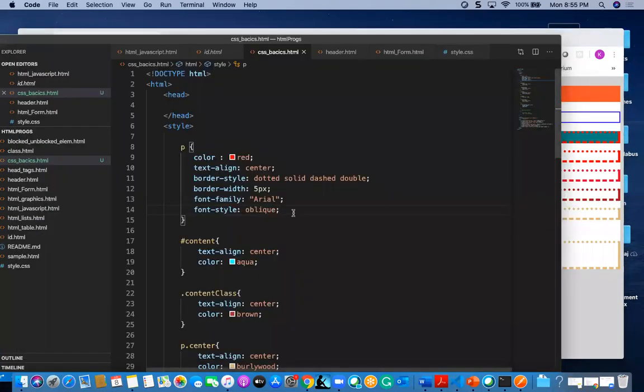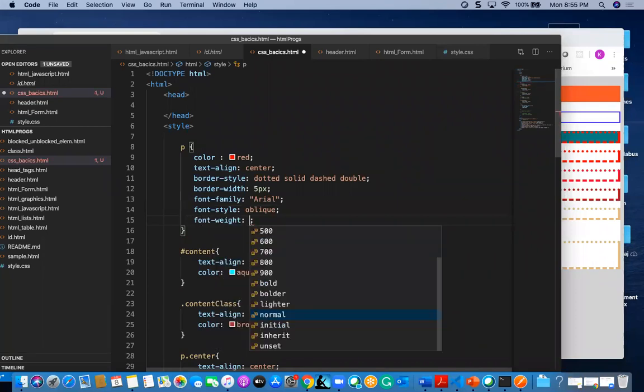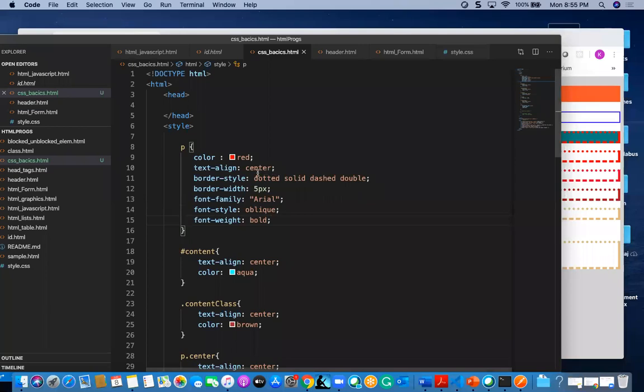We have one more thing, font-weight. I can use bold, and you can find the font changed into bold format. Also we have font variant.